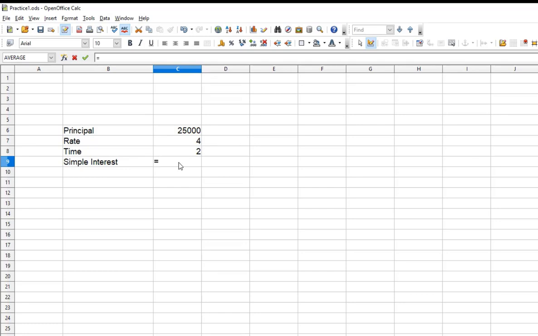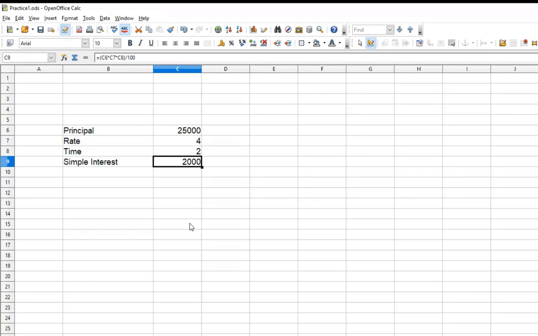What do you want to do? I want to multiply the value of cell C6 with the value of C7 with the value of C8. After this, I want to divide it by 100. So this is going to be your formula. Fine, so you get the simple interest.